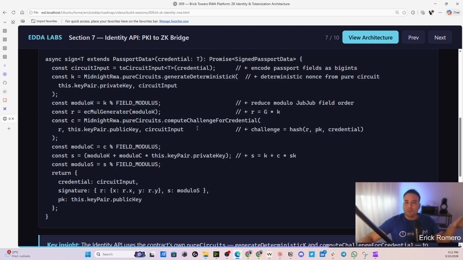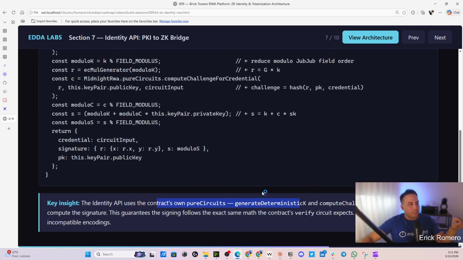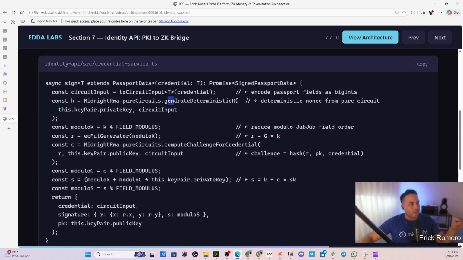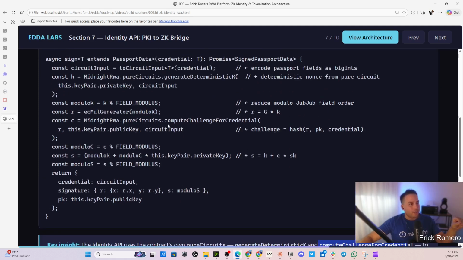The Identity API uses the contract's own pure circuits, generate deterministic K, which is this one here, and compute challenge for credential, which is this one here,